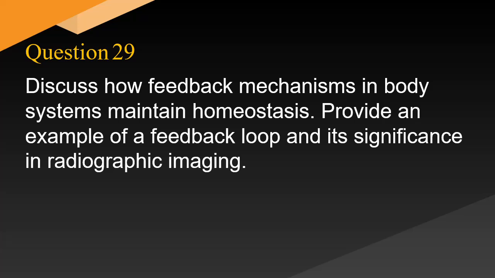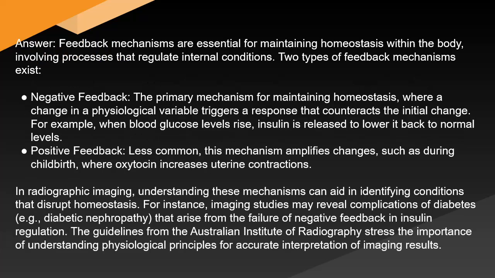Discuss how feedback mechanisms in body systems maintain homeostasis. Provide an example of a feedback loop and its significance in radiographic imaging. Answer: feedback mechanisms are essential for maintaining homeostasis within the body, involving processes that regulate internal conditions. Two types of feedback mechanisms exist. Negative feedback, the primary mechanism for maintaining homeostasis, where a change in a physiological variable triggers a response that counteracts